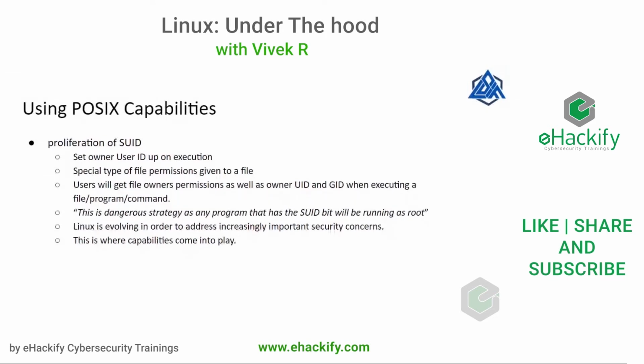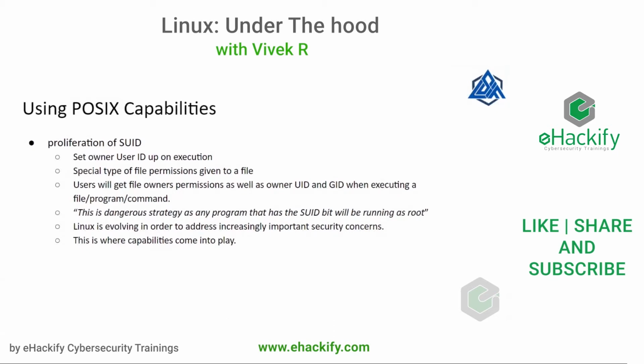There is a particular permission set known as SUID, which is set user ID, set on a user ID upon execution. This SUID has been widely used, and recently, in 2019, a very big abuse occurred in Linux systems using the ping command, since ping was executing with set UID enabled. This set UID is a special permission which is given to particular files so that they can execute in the user space without